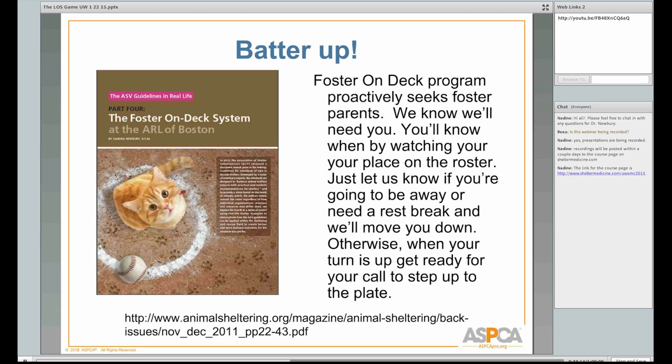This is a really key feature, this idea of being very proactive about recruiting foster homes who are there on deck and ready, because you know kittens are coming in, you know puppies are coming in, and they're going to take those animals right away. Rather than the alternative, which is a very reactive model: oh my gosh, it's July and a litter of kittens came in, I better try to find a foster home.